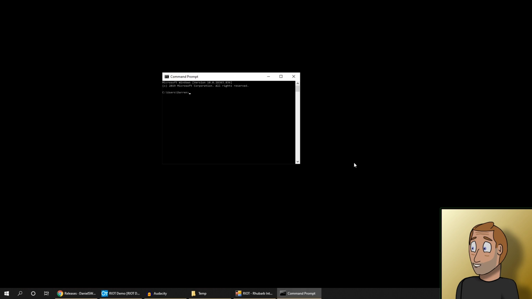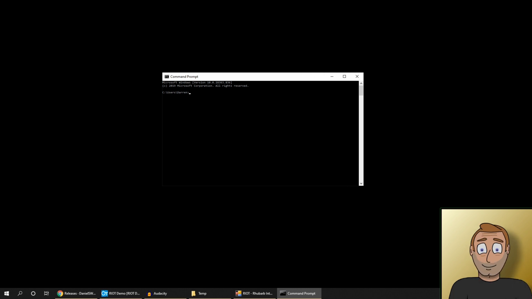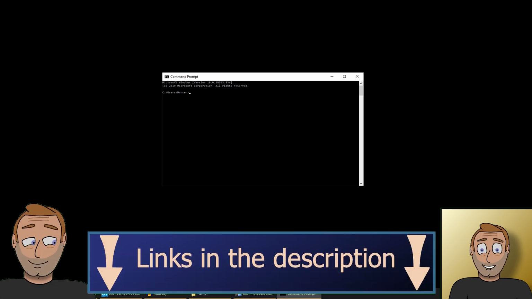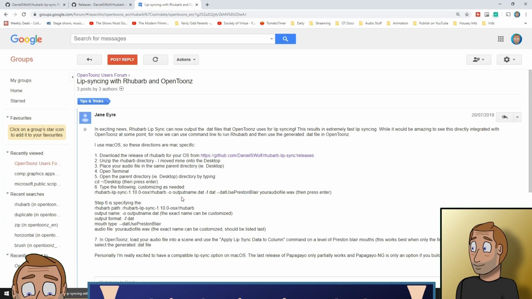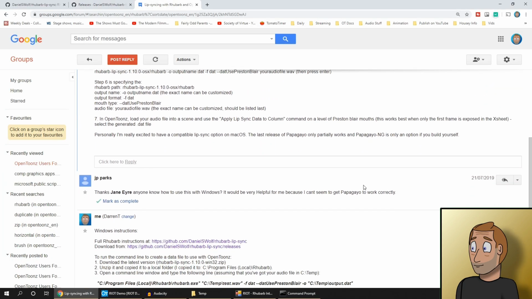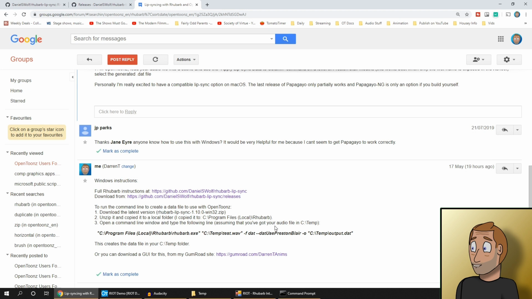And I'll zoom in on this to make it easy to see. Let's make that slightly bigger. And then you type the run command. And you can see an example of a command on the Google Groups link in the description. That'll take you to this page, where you can see an example for macOS, and at the bottom, my example for Windows, including a link to my GUI. So I'll take a copy of that text there,